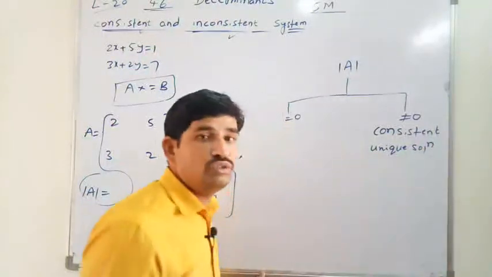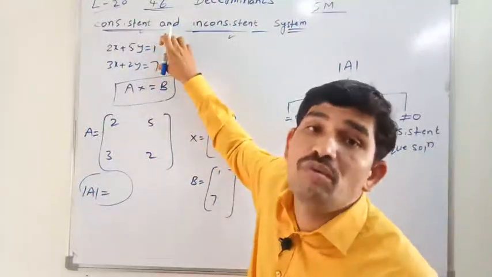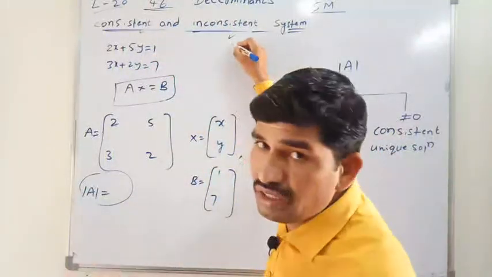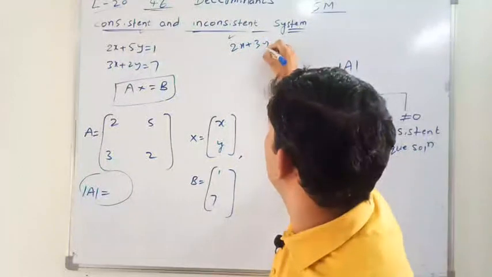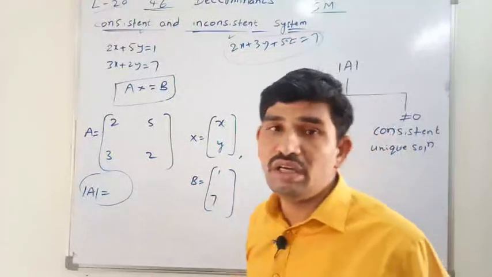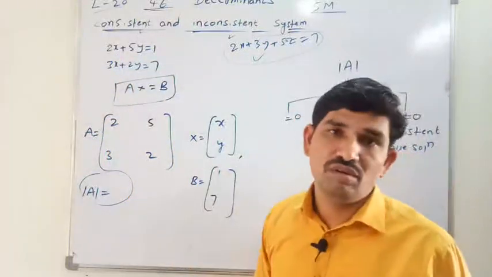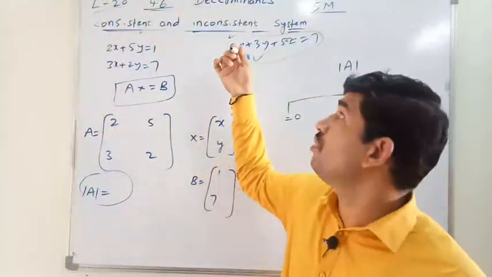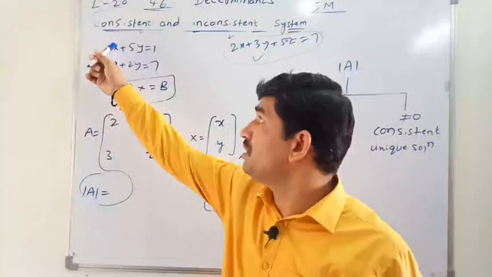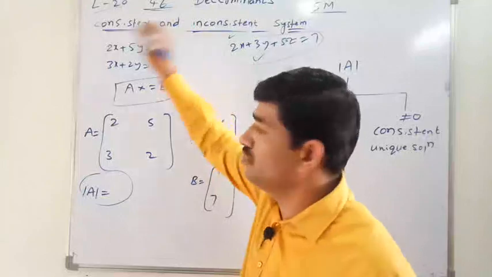Remember one more thing. If we are having a system of equations in two variables, some equations in a form like this, I will write roughly, 2x plus 3y plus 5z is equal to some 7. This is also one of the linear equations, in three variables. This is two variables, this is three variables. Suppose he is giving the system of equations in three variables, then he will give three linear equations. If he is giving the system of equations in two variables, he will give two linear equations.